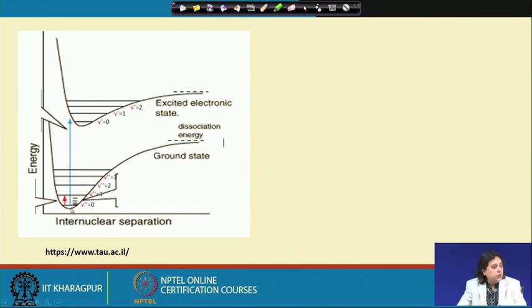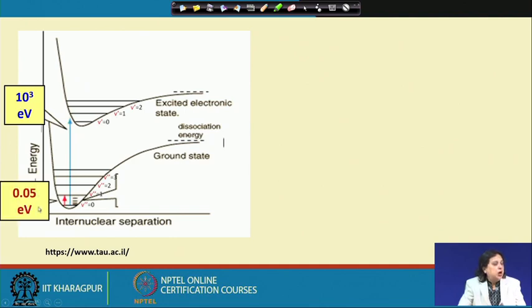The first one, if you go from the ground electronic state to the excited electronic state, you would typically require an absorption of energy of about say 100 to 1000 electron volt, and we will talk about the range and how one can excite the population from here to here, but this is a very large number. Now, if I look at how much energy you require if you are in the electronic ground state, but you want to go from the ground vibrational level to the first excited vibrational level associated with the ground electronic state, that is about